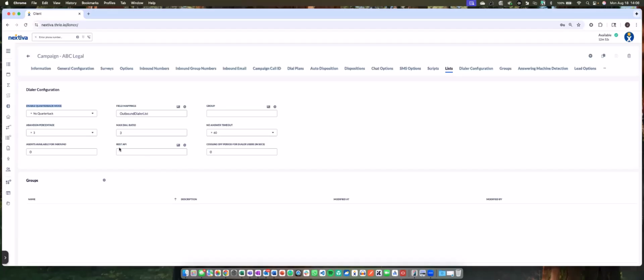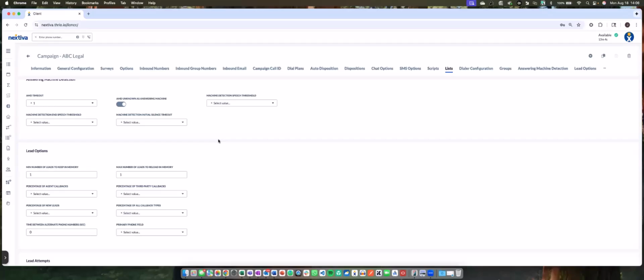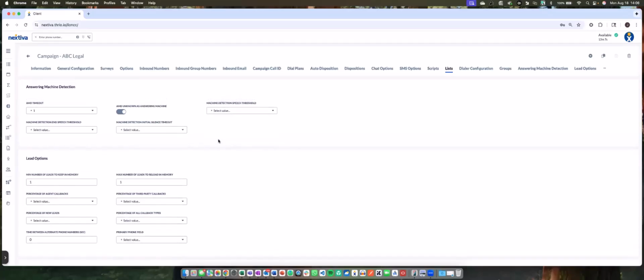Now, we also have the ability to get that information from a REST API and all of the other settings that you would expect from an enterprise dialer solution. Our answer machine detection, and I've been in the industry for years, is superior to every single AMD that I have seen out there. We also have the ability to now tweak it a little bit, and we can also make it as known and handle that as answering machine.